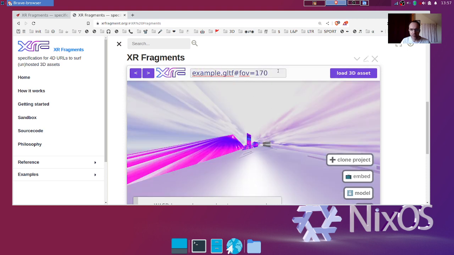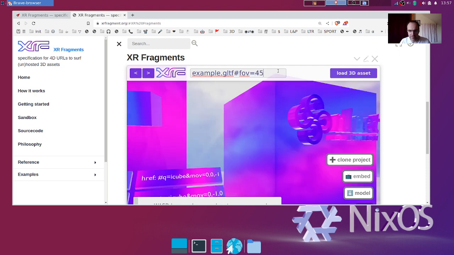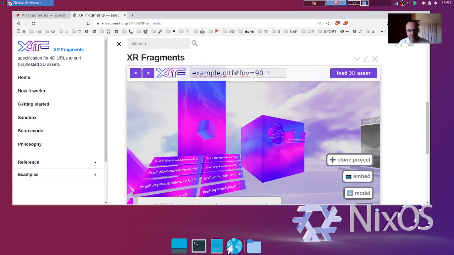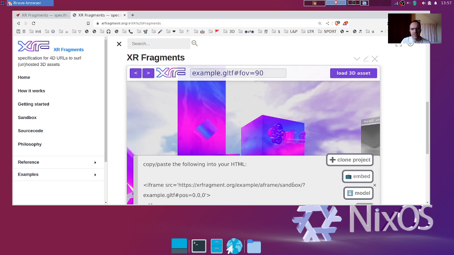So if I enter 170, you get a crazy big field of view. If I do 45, you get a really small one. So by default, it's around 90. Every 3D renderer sets it around this value. And sometimes, for instance, if you want to embed an XR fragment compatible